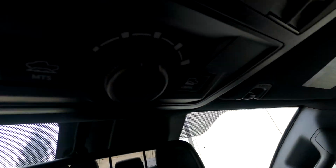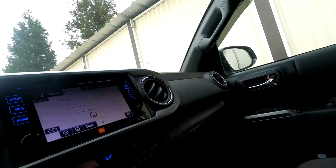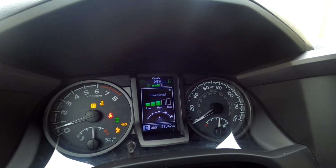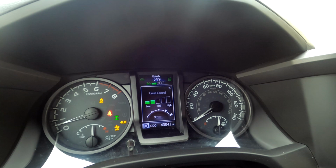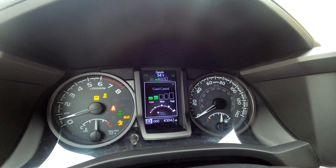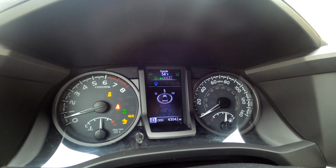Okay, crawl control is, you put the gear to the drive, okay, and then you push the button, then it will show the control speed. Okay, when you move the dial, you'll see it go from low, medium or high. Okay, I recommend that you go to the low first, and then you can move to higher speed during your